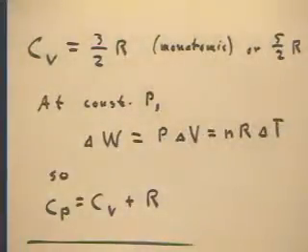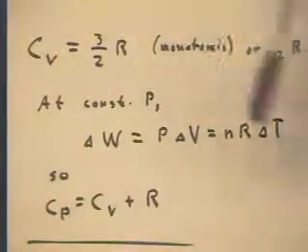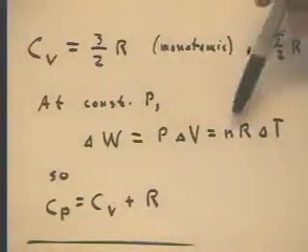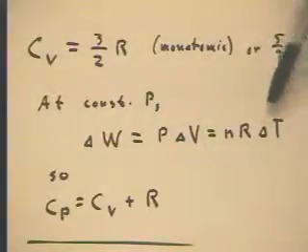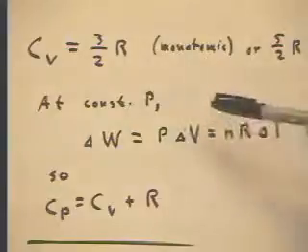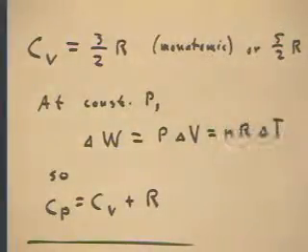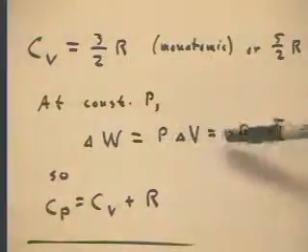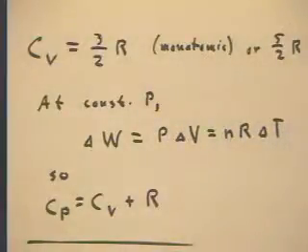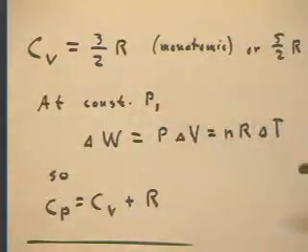in volume. Now we know that PV equals nRT, so what does P delta V equal? Well, it's nR times the delta of whatever changes on this side, which is T. So at constant pressure, the only way we get an increase in volume is by increasing T, assuming that n remains constant. P delta V then has to equal nR delta T. It follows that this amount of work, nR delta T,